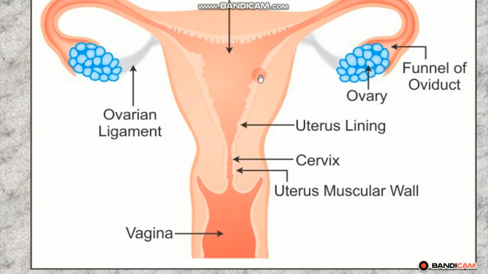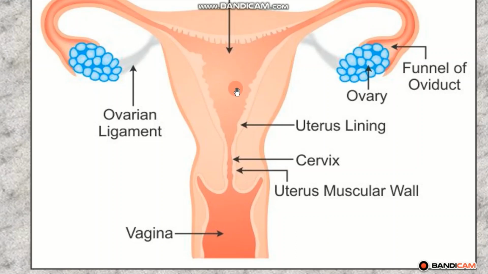Whenever the ovary produces an ovum, the production and releasing of the ovum takes 14 to 28 days. Every 28 days, as changes occur in the ovary, at the same time the uterus also undergoes changes. Some structures change here, so we will discuss it later.